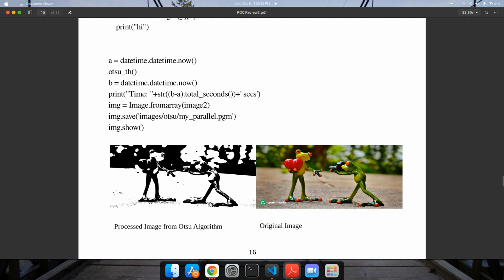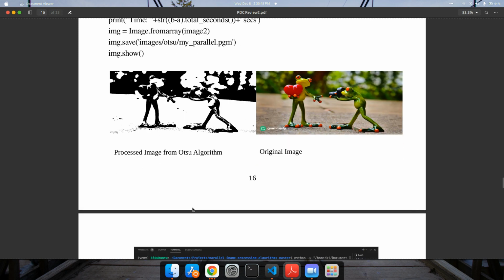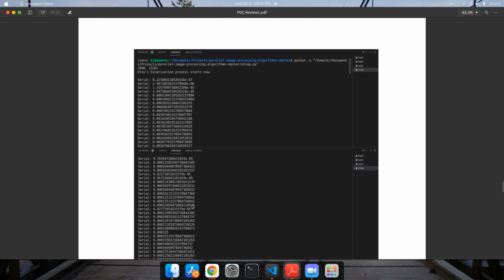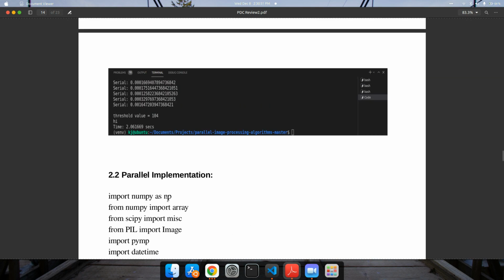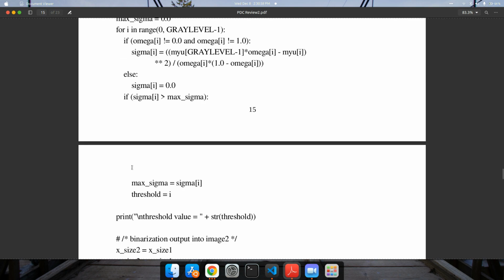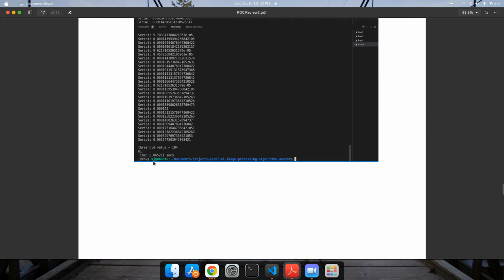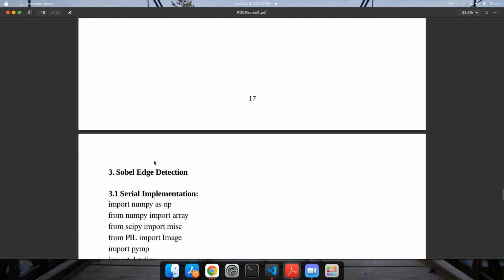The two frogs are in the foreground as white, and the background is referred to as the black parts. In the serial implementation, the computation time was 2 seconds, and in the parallel implementation we got 0.8 seconds, which is exactly three times better than the serial implementation.